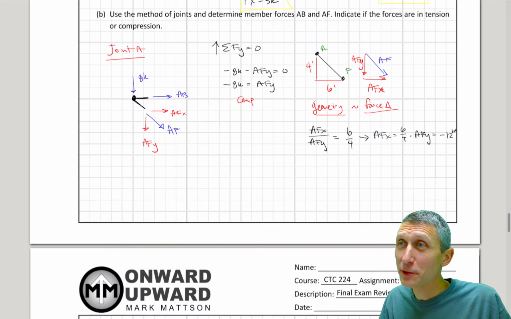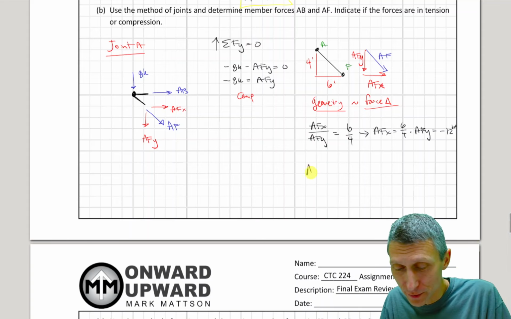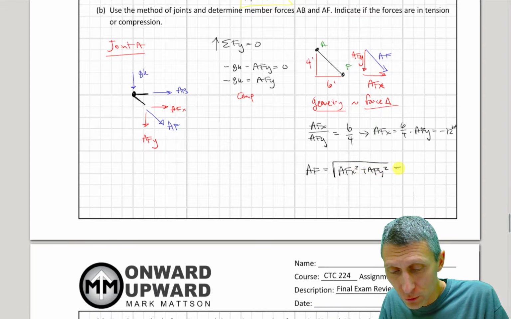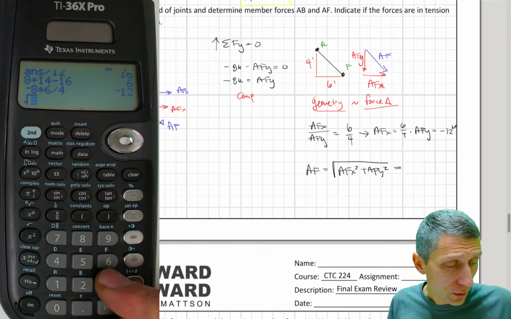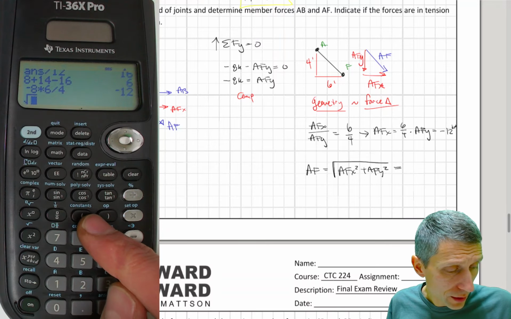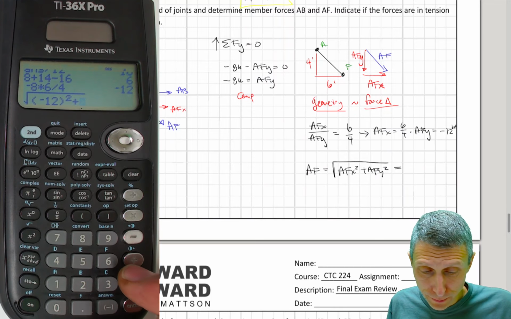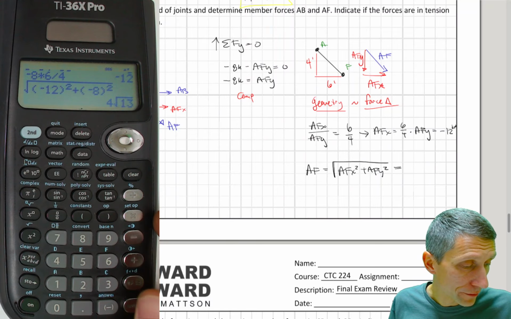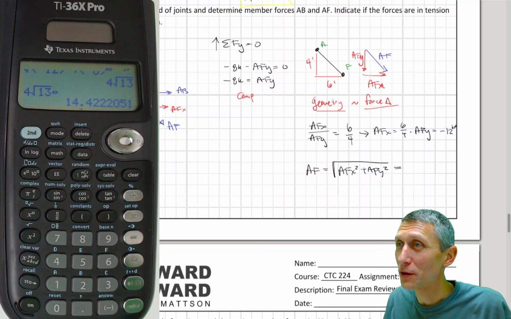But also, if you remember Pythagorean's theorem, since we have this force triangle, we can say AF has to equal the square root of AFX squared plus AFY squared. I'm not going to do the substitution here for the sake of time, but we have essentially the square root of minus 12 squared plus minus 8 squared, and we're going to get about 4 root 13, which I don't really like the radicals. I'm going to get 14.42